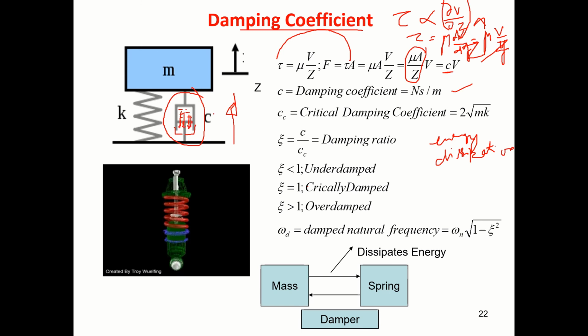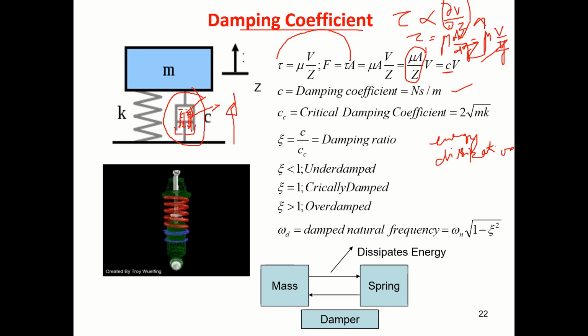That means the kinetic energy has been converted, because of the shear action, into thermal energy that gets dissipated. When it opens up, whatever oil is there gets squeezed and goes to the other side. So that's how the energy gets dissipated. That's exactly what the damping does. This is what we call the damping coefficient, which depends on the viscosity of the oil. Choose an oil of the right viscosity.